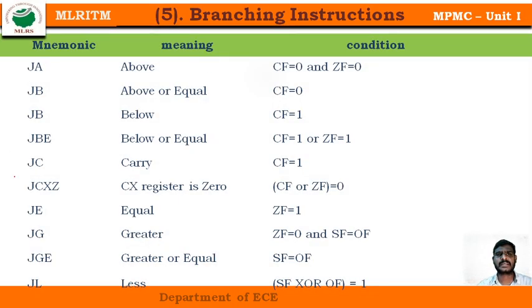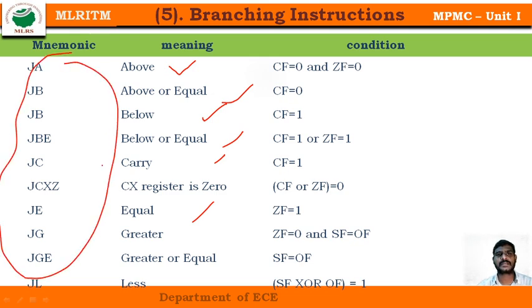And these are some conditional instructions. JA is jump above: the previous result is checked and if it is above, it will jump. Then jump equal, jump below, jump carry, jump not carry. So these are conditionals based on the previous status of your instruction. For example, if I write a program to arrange two numbers in ascending or descending order, I want to compare two numbers, whether the first number is larger or the second number is larger.